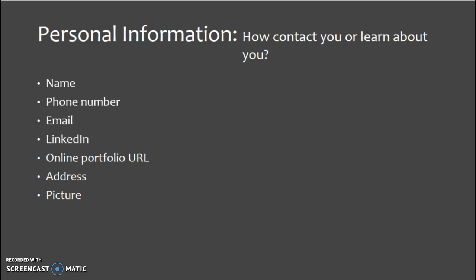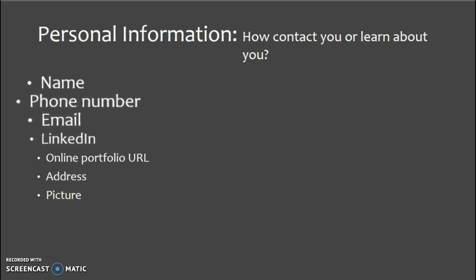Now there are four things that have pretty much become the standard and the basics for your personal information. It's your name, your phone number, your email, and your LinkedIn information. Now, the reason why addresses aren't necessarily seen on resumes anymore is because it doesn't really matter. It used to be that people, when they wanted to interview you, would either call you or send you a letter. That's not the way of the world any longer. Technology has made it faster. So they're going to call you or email you. So sometimes people only have their name, phone number, and email, and that's it. That's fine. It's not a big deal.